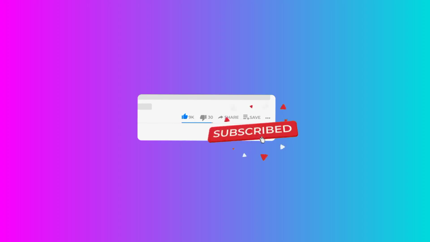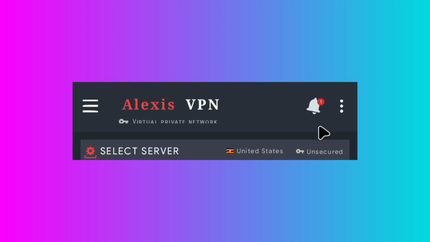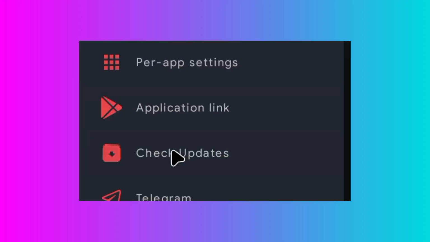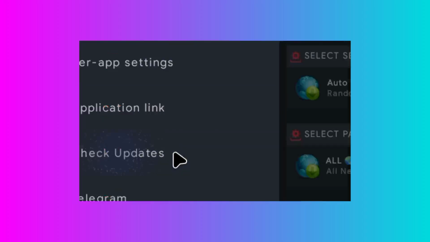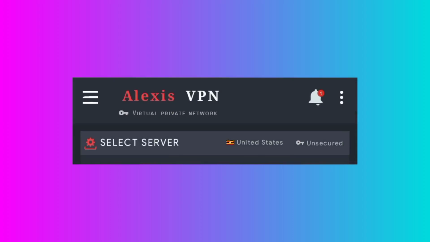So you open the app to set it up, and the app will take you to its home screen where the setup begins. First of all, you're required to tap on the three lines, and from here you tap on check updates. When you tap on check updates, the app will start to check for available updates, and it will update to the latest version, and provide you with the list of configured settings ready to